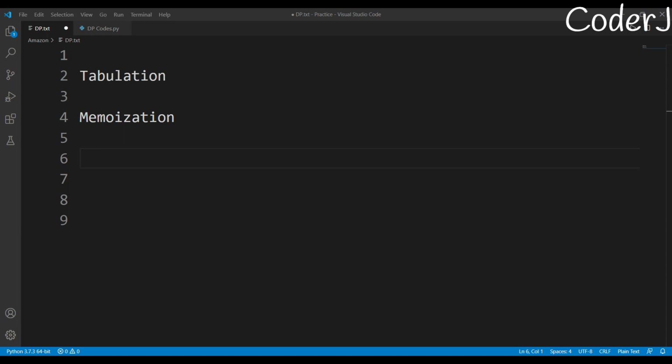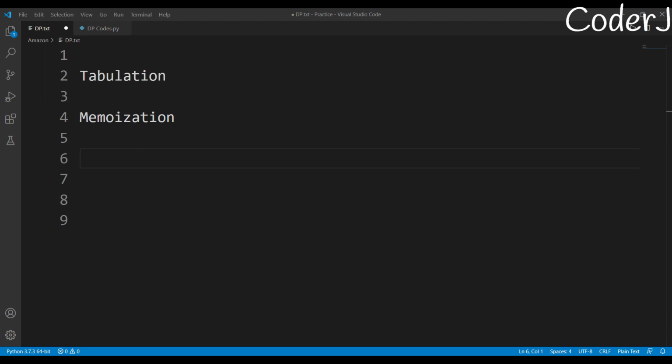So tabulation says that you basically need to do this in order to get this. Okay, and memoization says that in order to get this, you need to do this. You might be getting confused, like what am I even trying to say? Because it sounds like active and passive voice, I know, but that is exactly tabulation and memoization. In one, you start from the zeroth value, and let's say that we have n, an arbitrary value for which you are trying to find the answer. In one, you start from zero and you fill up your table till the nth index, and in the other you start from the nth index and you fill up your table down to the zeroth value.